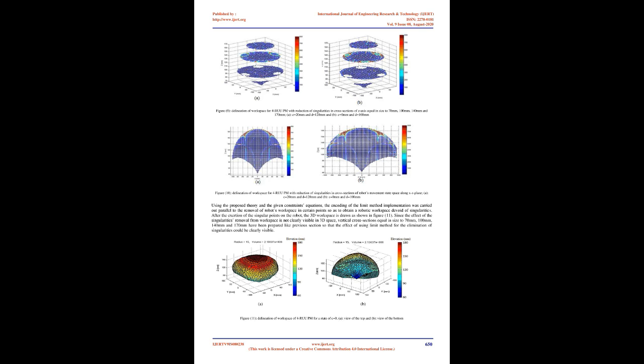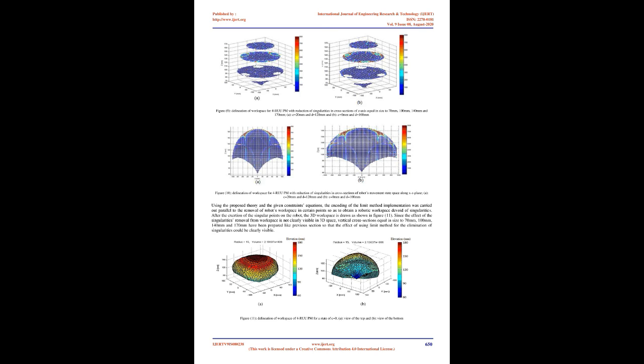In order to perform a more precise comparison, figure 4 to 6 shows a cross-section of the movement state space of the robot along the XZ plane. Using the proposed theory and the given constraint equations, the encoding of the limit method implementation was carried out parallel to the removal of the robot's workspace in certain points so as to obtain a robotic workspace devoid of singularities. After the exertion of the singular points on the robot, the 3D workspace is drawn as shown